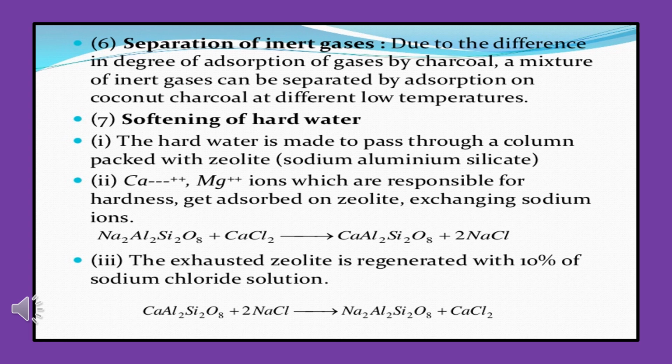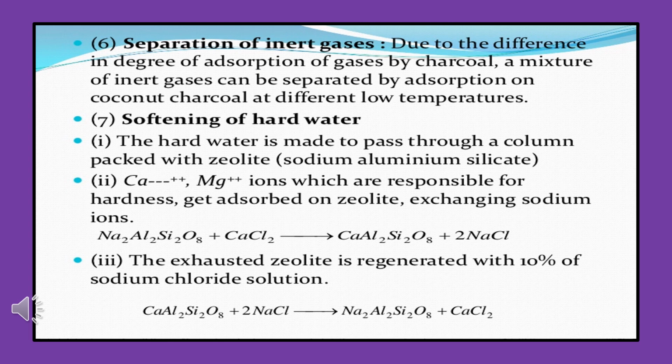Coming to the next important application of adsorption, softening of hard water. We know that hard water consists of so many salts like calcium and magnesium chlorides, sulfates, bicarbonates. The hard water is made to pass through a column packed with zeolite, that is, sodium aluminum silicate. Then Ca2+ and Mg2+ ions, which are responsible for the hardness, get